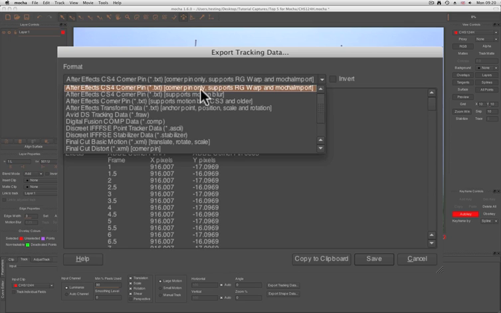After Effects CS4 Corner Pin supports specifically RG Warp and the Mocha import script for corner pin only. We then have another corner pin option for CS4 which supports the motion blur within After Effects. We then also have a legacy corner pin which helps support After Effects CS3 and older versions. After Effects transform data only brings in position, scale and rotation data, as well as anchor point keys so that